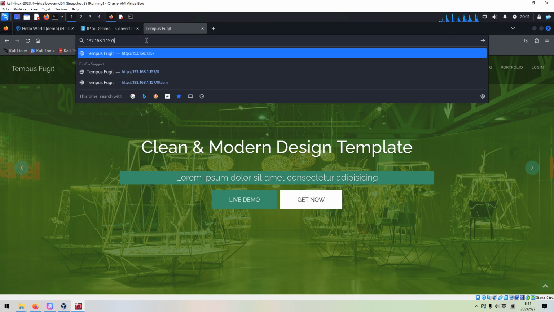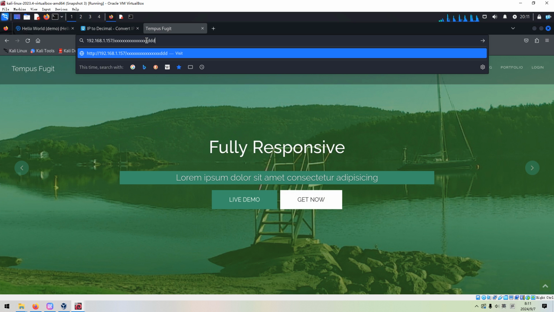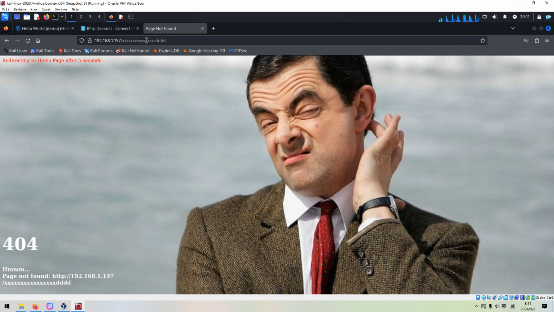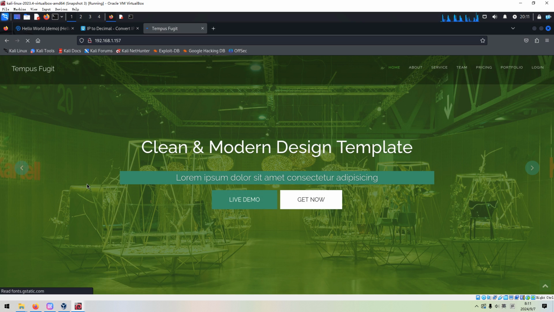For example, we can input anything. Of course, that thing for certain will not exist. As you can see, this information is returned from the web application, and I think it uses Django. Django also utilizes a template engine.